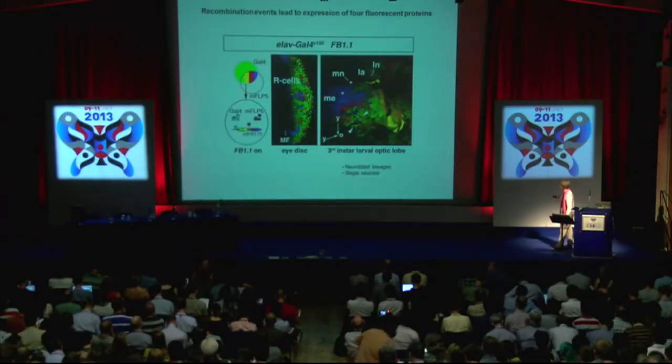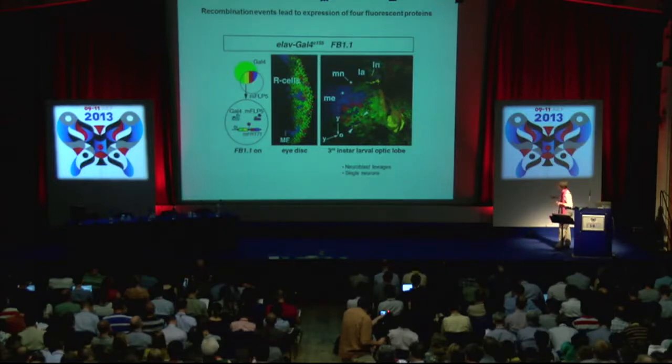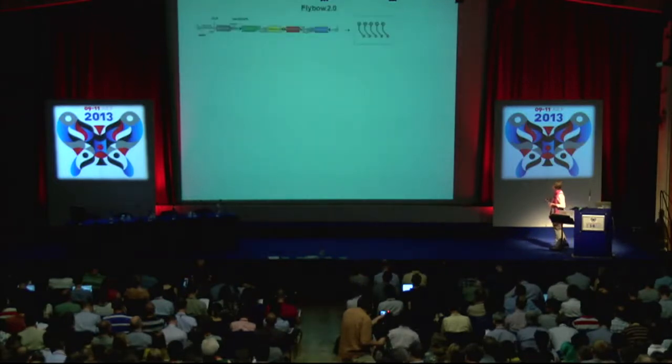Now, the same thing that I showed before, but now we have four colors. But here we're using a quite abundant neural driver. What it shows us is that it's pretty dense, and we will still have quite a lot of problems to reconstruct and recognize neurons. So that's why we developed a third system,